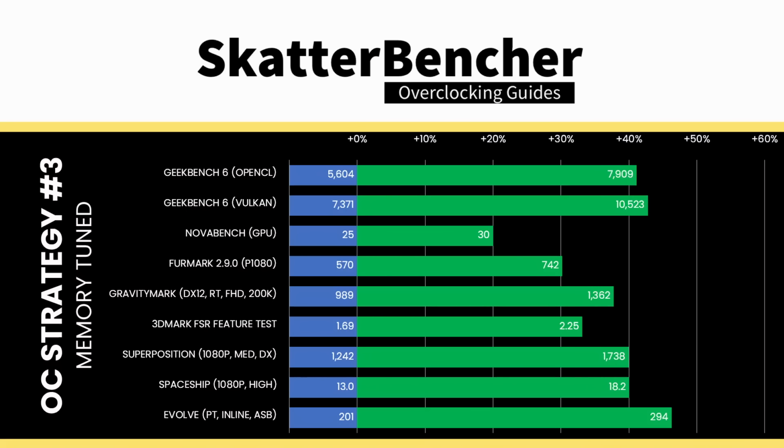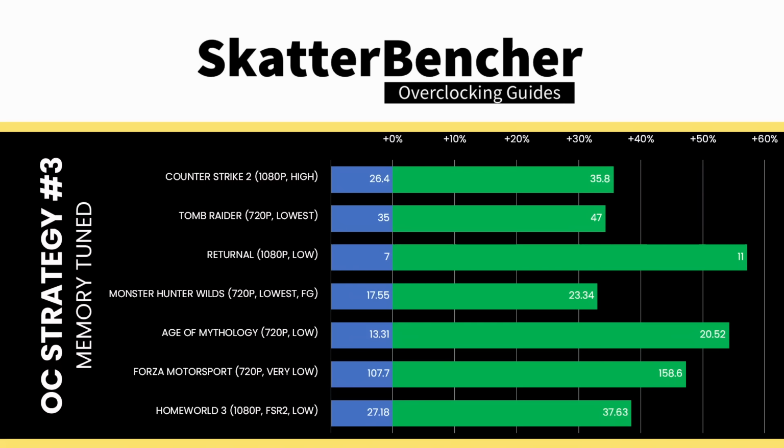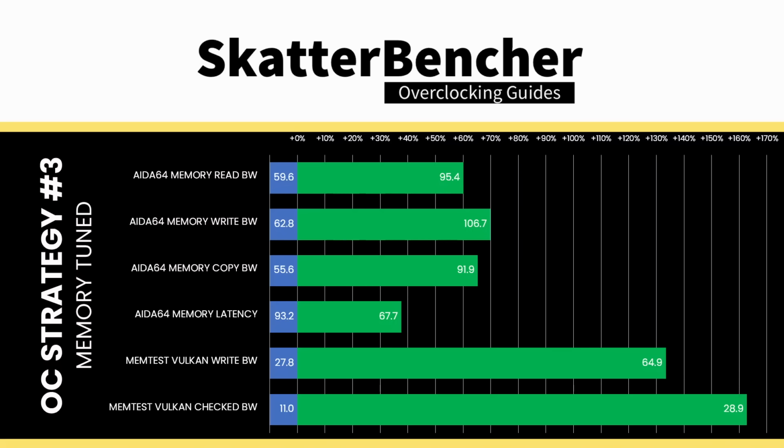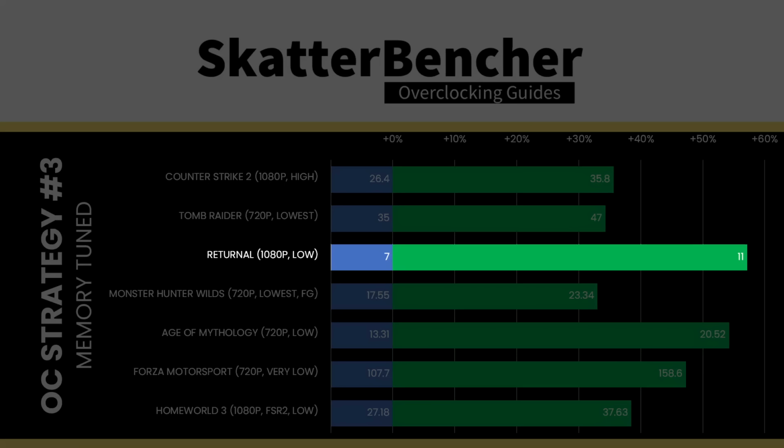we reran the benchmarks and checked the performance increase compared to the default operation. As we've seen with other integrated graphics, tuning the memory timings can have a significant impact on performance, especially in workloads which are memory dependent like games and AI workloads. The geomean performance speedup over stock is plus 46.01%, and we get a maximum benchmark speedup of plus 57.14% in